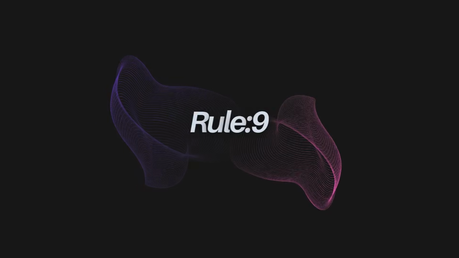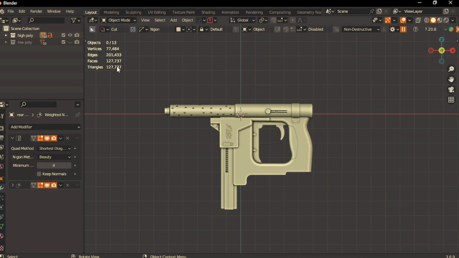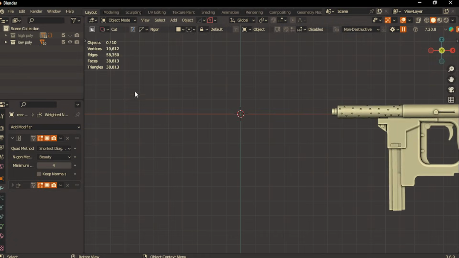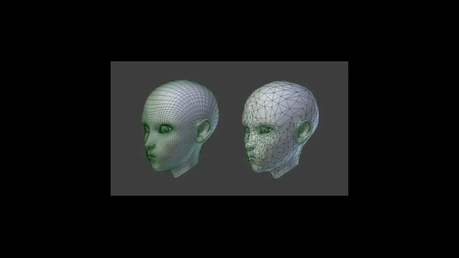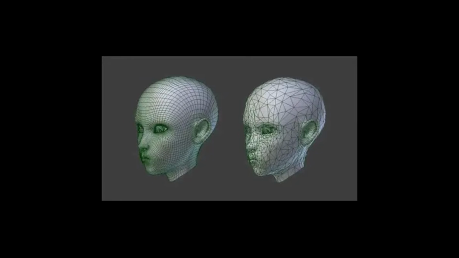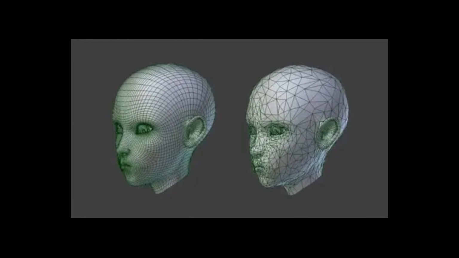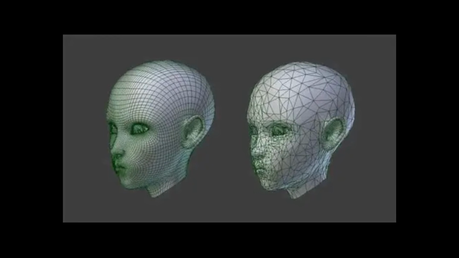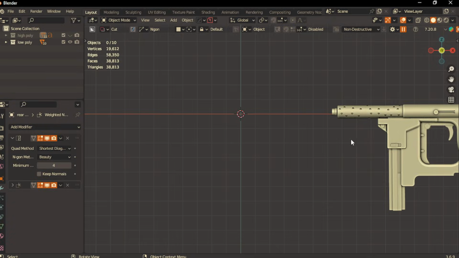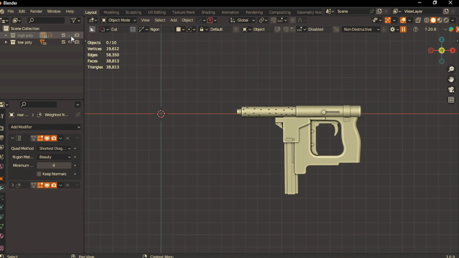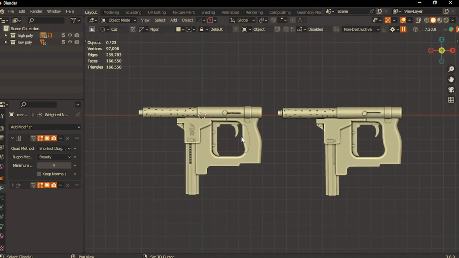Rule number 9. Create proper LODs for better performance. LOD means level of detail, and it's basically different versions of the same model with different poly counts. Game engines switch between them based on the camera distance. When the object is far away, the engine shows the light version, and when it's close, it shows the fully detailed version. If you only provide one heavy mesh, you're forcing the engine to render unnecessary geometry all the time,